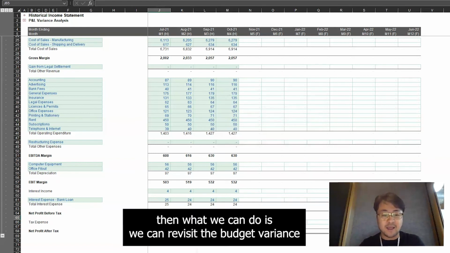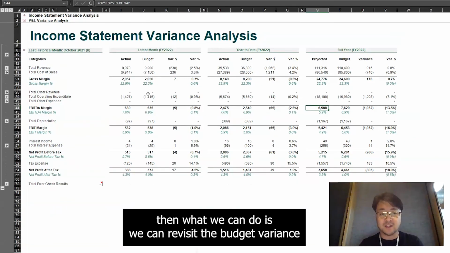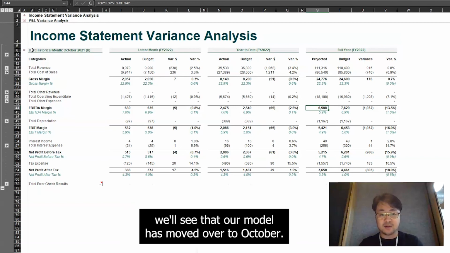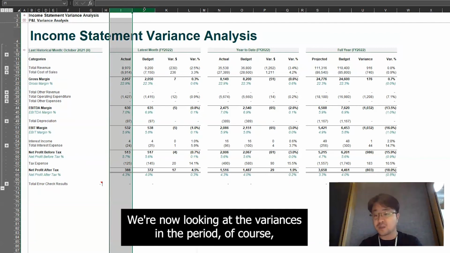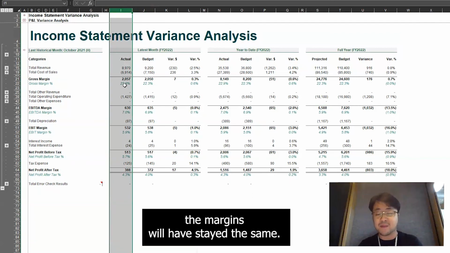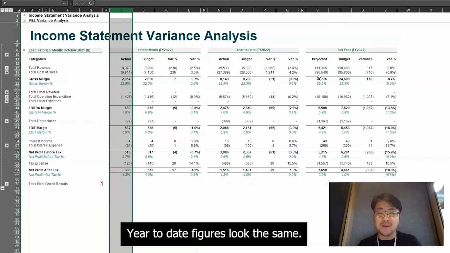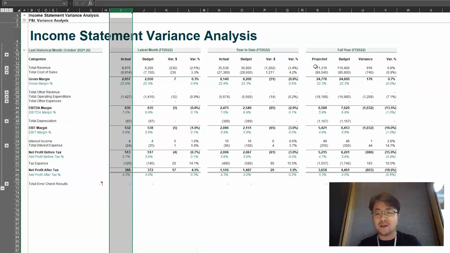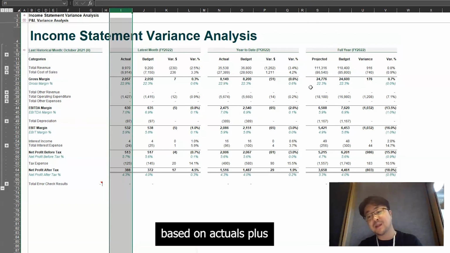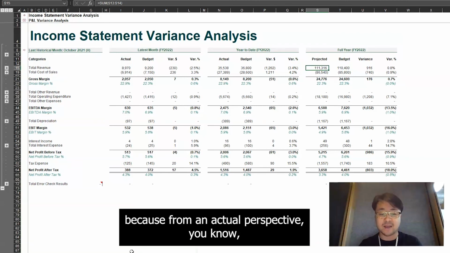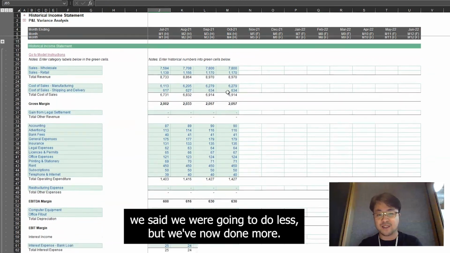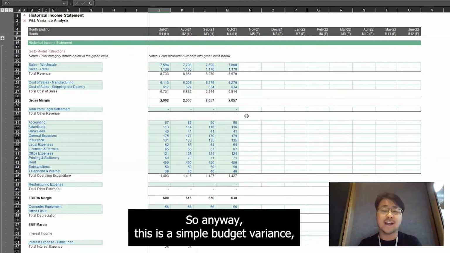Okay, so then we can revisit the budget variance. We'll see that our model has moved over to October. We're now looking at the variances in the period. Of course, because all I did was drag the numbers across, the margins will have stayed the same. Year-to-date figures look the same. But then, our forecasts are now based on actuals plus our revised forecast. And the revenue is actually higher because from an actuals perspective, we said we were going to do less, but we've now done more. So anyway, this is a simple budget variance